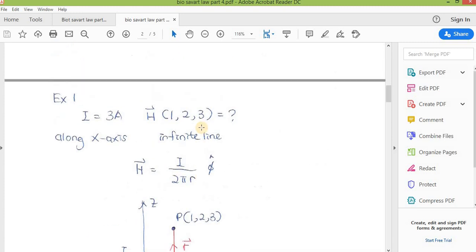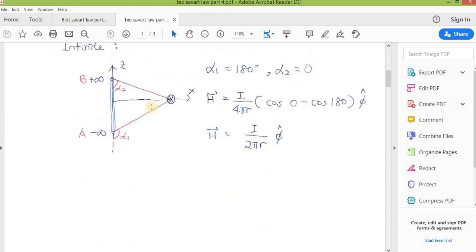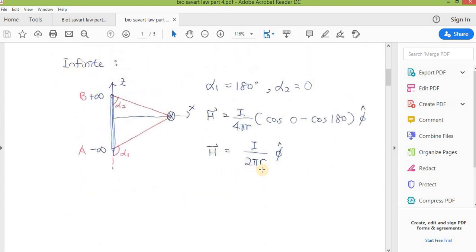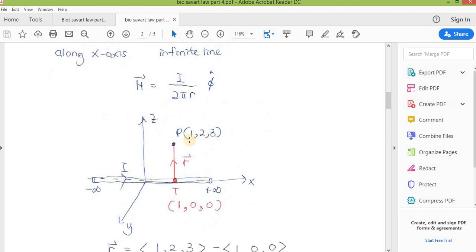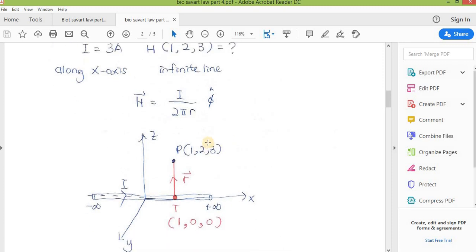By referring to the equation I explained just now for an infinite line, we should use this one. So this is the equation. Still, we have to draw the current filament because we need to determine R here. This is the current filament, from negative infinity to infinity. It is an infinite line. Current flows in the positive x direction along the x-axis, and this is your observation point,